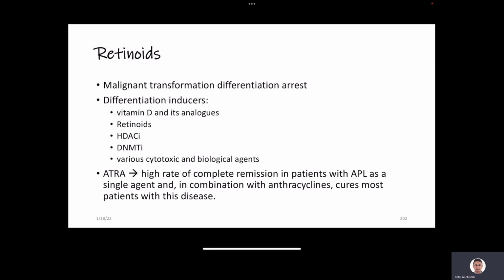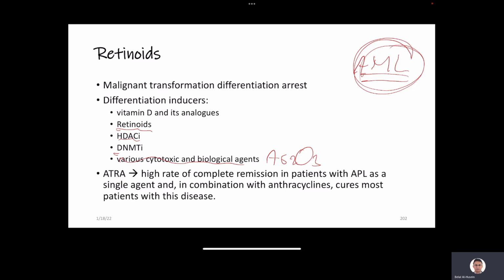They get specialized, and this slows down their proliferation. In some cancers, however, differentiation is arrested. One of those cancers is AML. So in AML, especially for early or precursor cell AML or less differentiated AML cells, we could use differentiation inducers. Examples of differentiation inducers: vitamin D and its analogs, retinoids, HDAC inhibitors, or DNMT inhibitors. HDAC stands for histone deacetylase, and DNMT for DNA methyltransferase inhibitors, and some other cytotoxic agents like, as we will see,